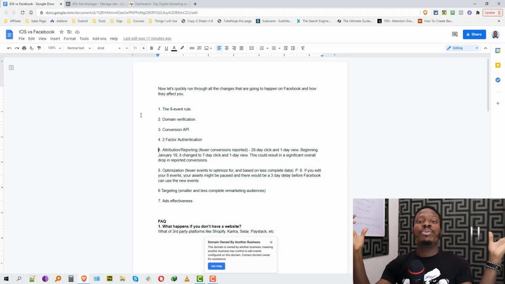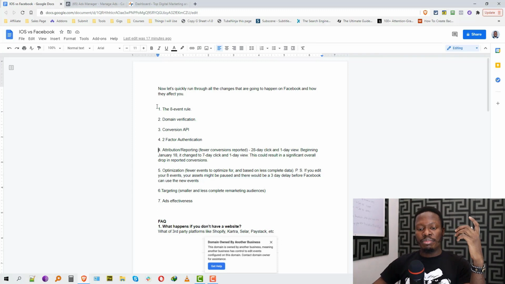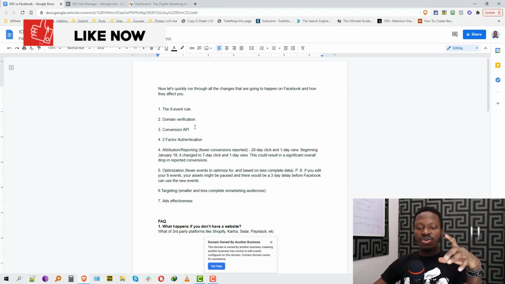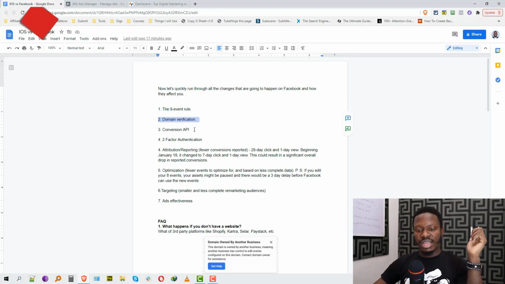So that you have more data to exclude people. At least that would help a little bit. Number 7, ad effectiveness is obviously going to reduce because Facebook is not tracking people as well as before, simply because they opted out. Now, let's quickly get into setting up our 8 events, domain verification, and lastly, the conversion